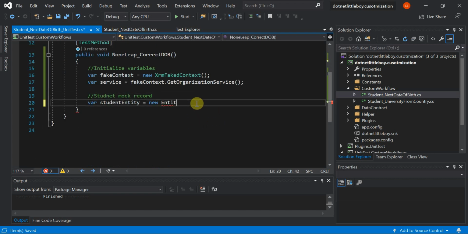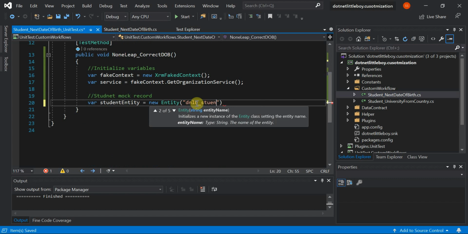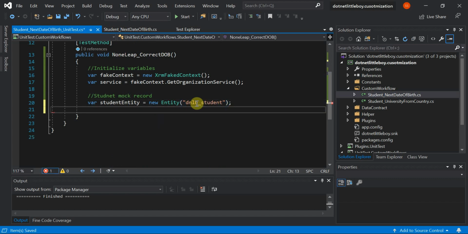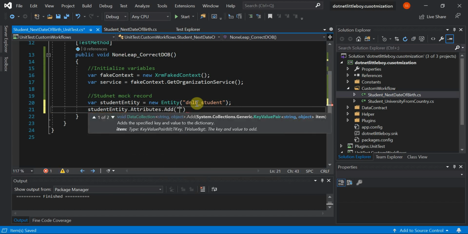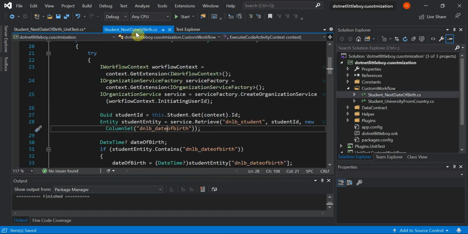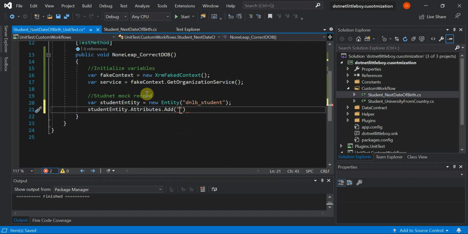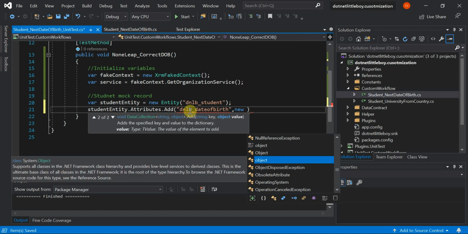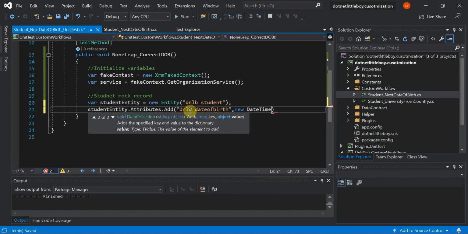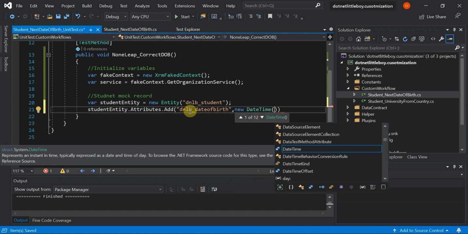So here entity, and I'll add DNLB underscore student, the schema name of the entity, and then student entity dot attributes dot add, and first of all I'll add date of birth. Since it is a date time format, I'll take the date time here, and I'll take a date which is in a non leap year.